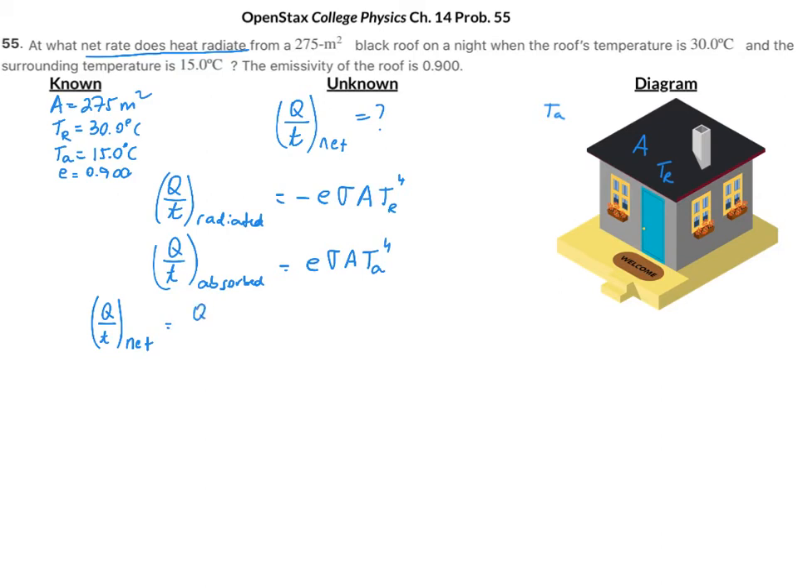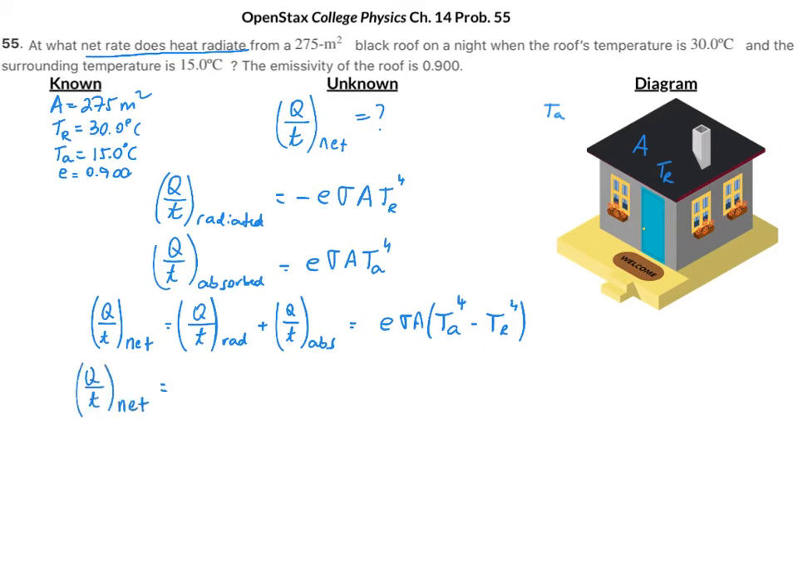So it's Q over t radiated plus Q over t absorbed. And that will be e sigma A, temperature of the air to the fourth power minus temperature of the roof to the fourth power. So Q over t net will be